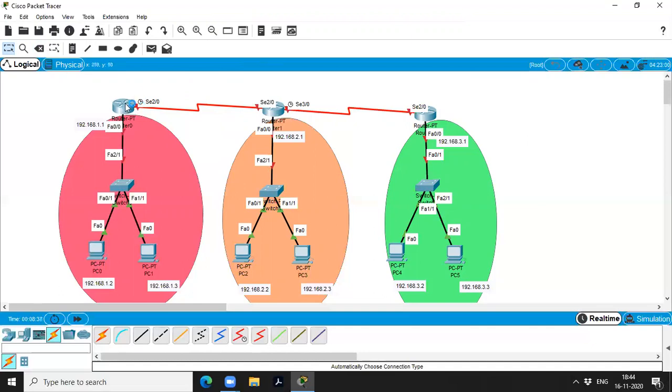For communicating from one router to another router, I have to configure different IP networks, since the router links use different IP addresses. Let us configure this one as 192.168.4.1 series, and this as 4.2 series.